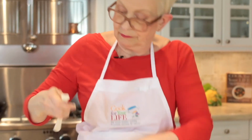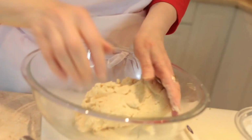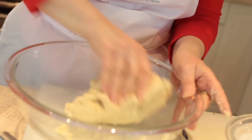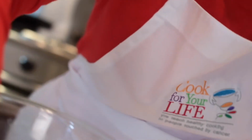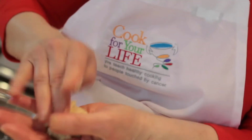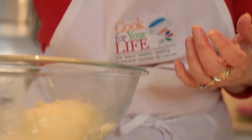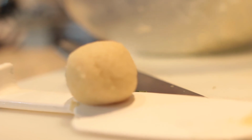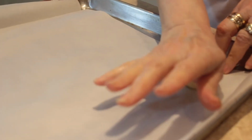There it is. Okay, as you can see, it's kind of like a sticky dough now. And I'm wetting my hands because, trust me, this is really sticky. Cookie making, I think, it's just the kid bit in you, which you like when you get to play with. You don't want these to stick, so I'm just going to